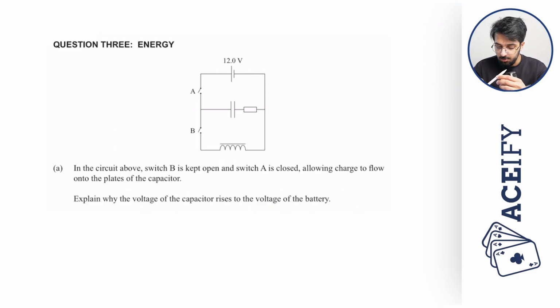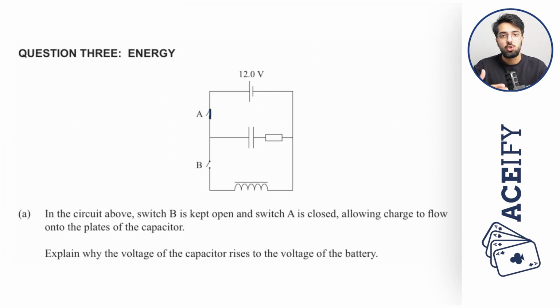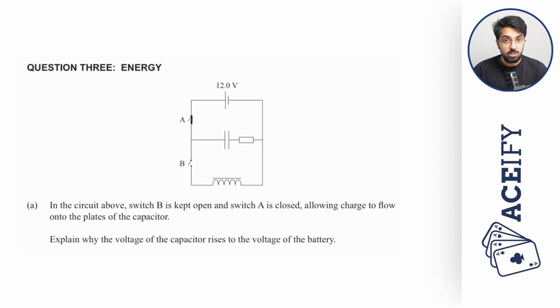In the circuit above, switch B is kept open and switch A is closed, allowing charge to flow onto the plates of the capacitor. Explain why the voltage of the capacitor rises to the voltage of the battery. Alright, so switch A is closed and this one is kept open. Okay, so initially, there is no charge accumulated on the capacitor plates. And so therefore, when the switch is closed,